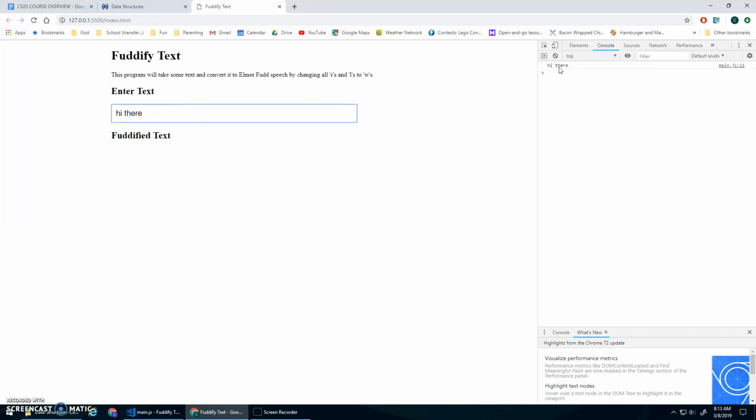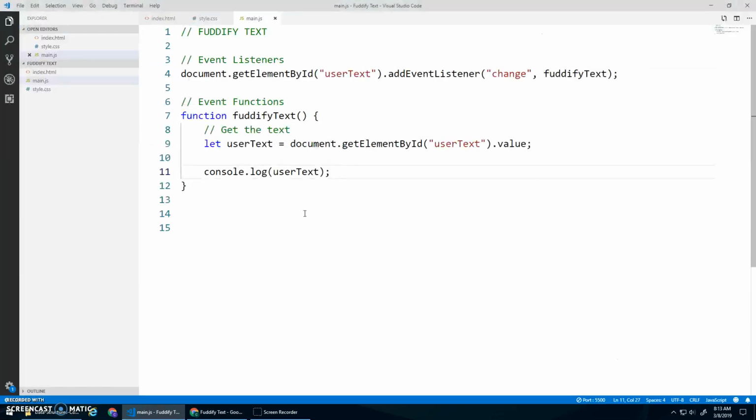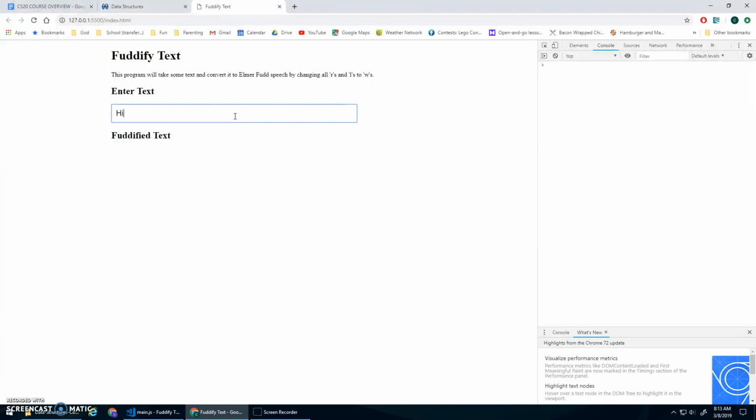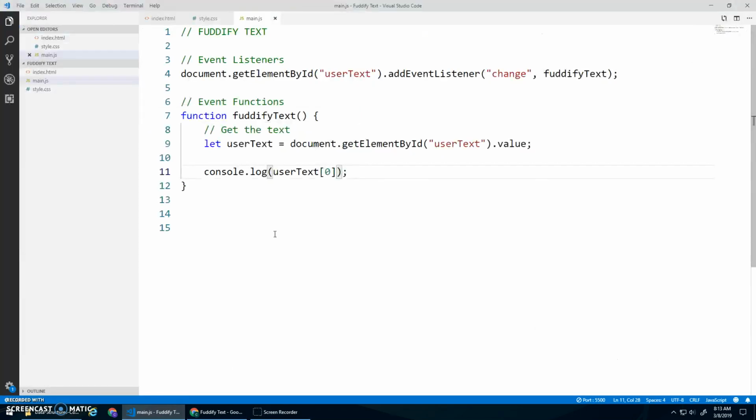And this is considered a string. Now, strings are interesting because you can actually access strings just like arrays. User text at position 0 would be the first element, right? So it prints out H. But the difference is strings, you're not allowed to modify them. I can't go user text 0 is assigned